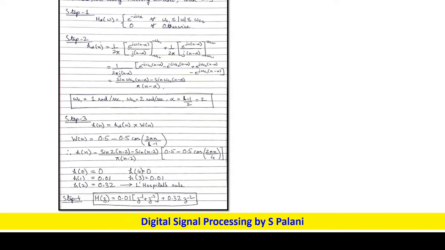Now similarly, we have this numerical where we have a band pass filter to pass frequencies in the range of 1 to 2 radian per second using a Hanning window having length of 5. Again, the equation, if you see,